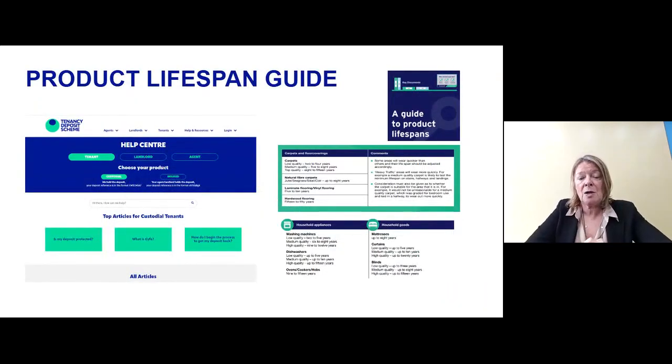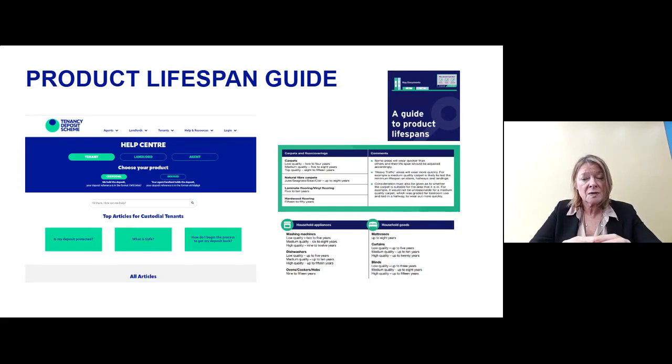So we do have a product lifespan guide, and this is really, really useful to enable you to try and negotiate these deductions yourself. So it will set out washing machines, dishwashers, ovens, cookers, mattresses, a bit small on the screen there for me to read, but carpets, those sorts of things, as to what is the average lifespan of the items you usually find within a rental property, such as those white goods, perhaps mattresses, beds, but also the usual lifespan of decor as well. And that's really, really useful to appreciate whether or not you should be claiming from the deposit,